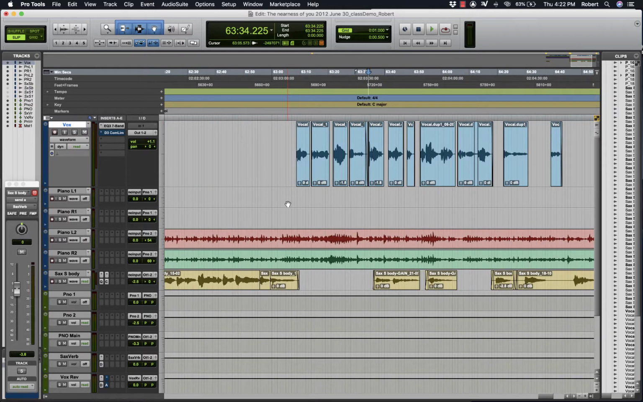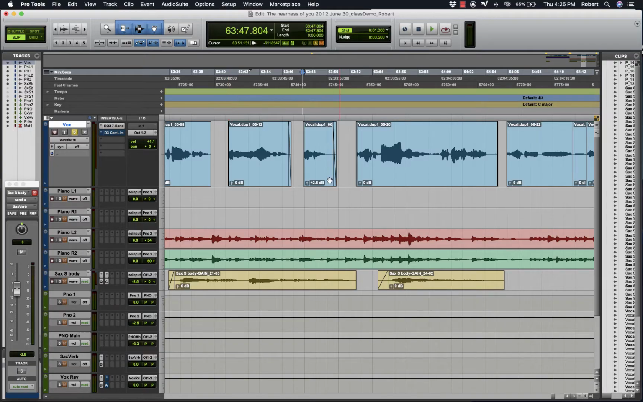After that, we'll apply automation. For this vocal track, the next step will be to use automation to achieve a smooth perceived level across the track. So if I play back from here,